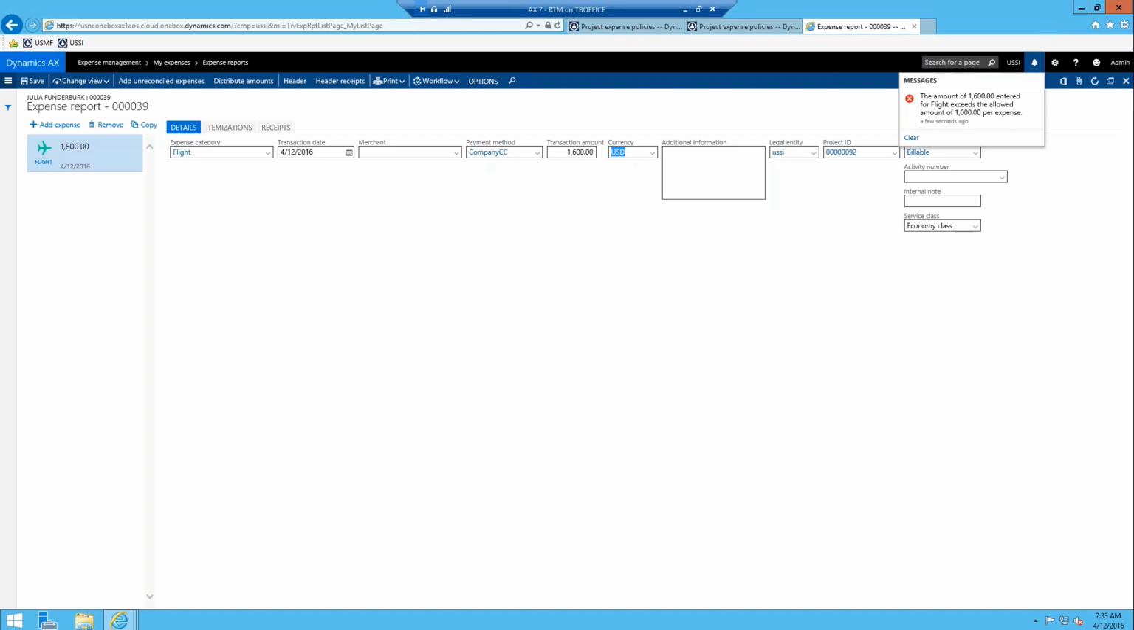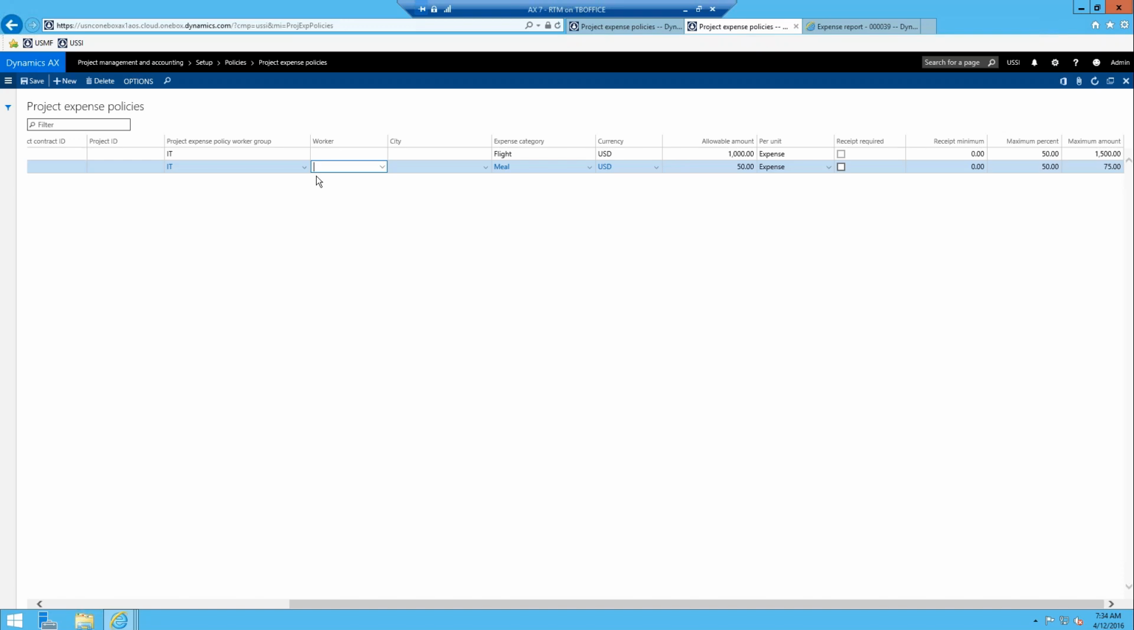So it's an X now, not the warning sign. The amount of 1,600 entered for the flight exceeds the allowed amount of the $1,000 per expense. So we're over the max. So I mean, this demonstrates the policy functionality. You can either have it throw a warning or an error. But basically all you have to do is go define these expense rules in the expense form and set up your different worker groups if you want to go to that level, and then you can configure all your different